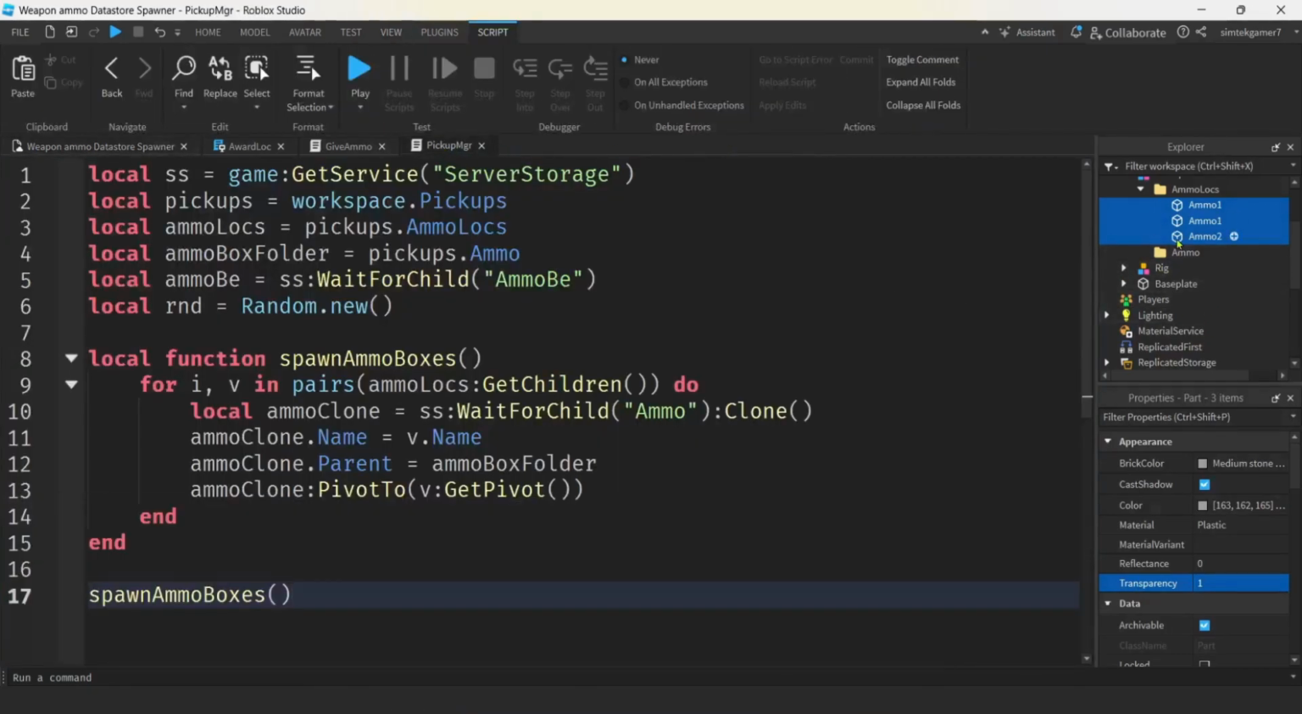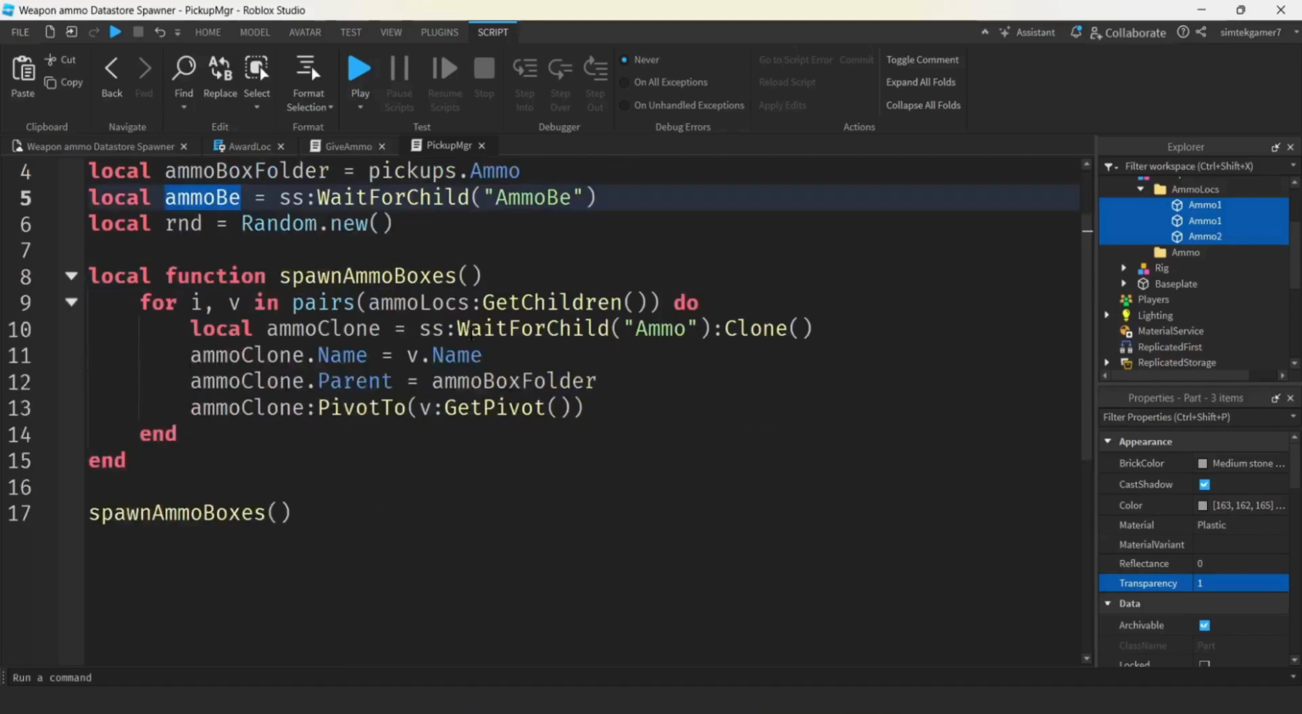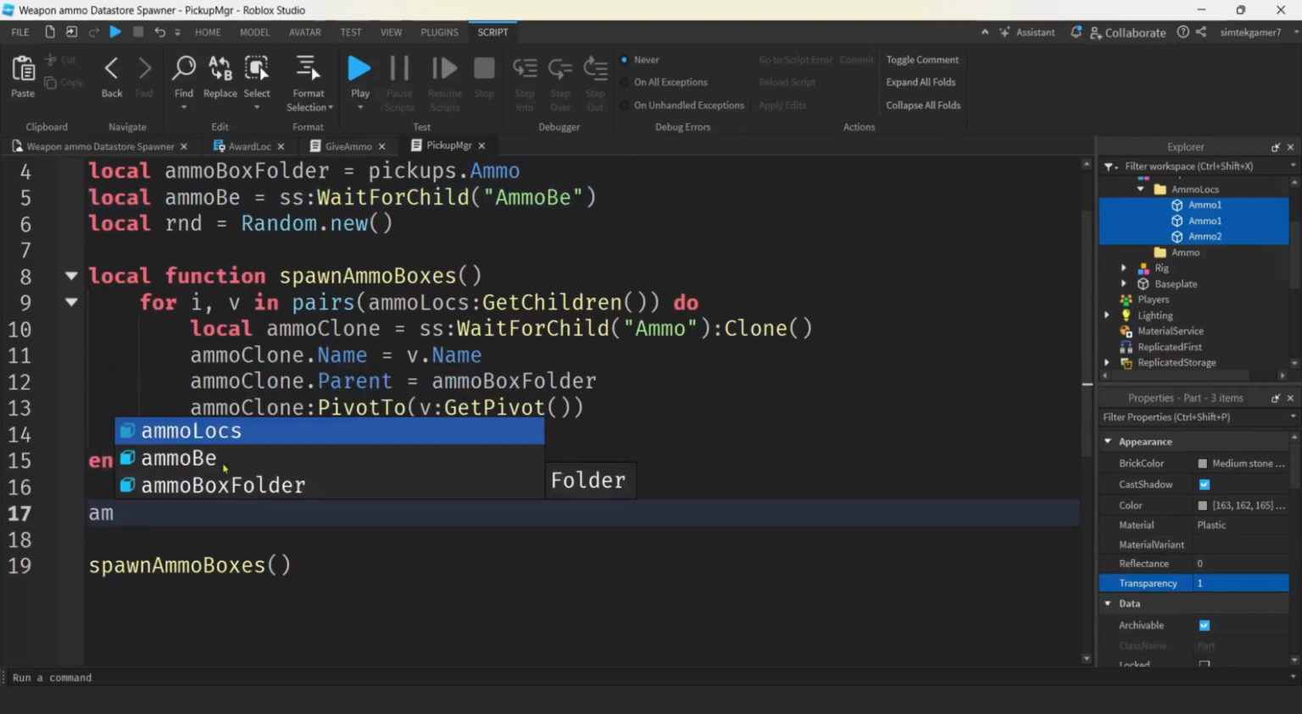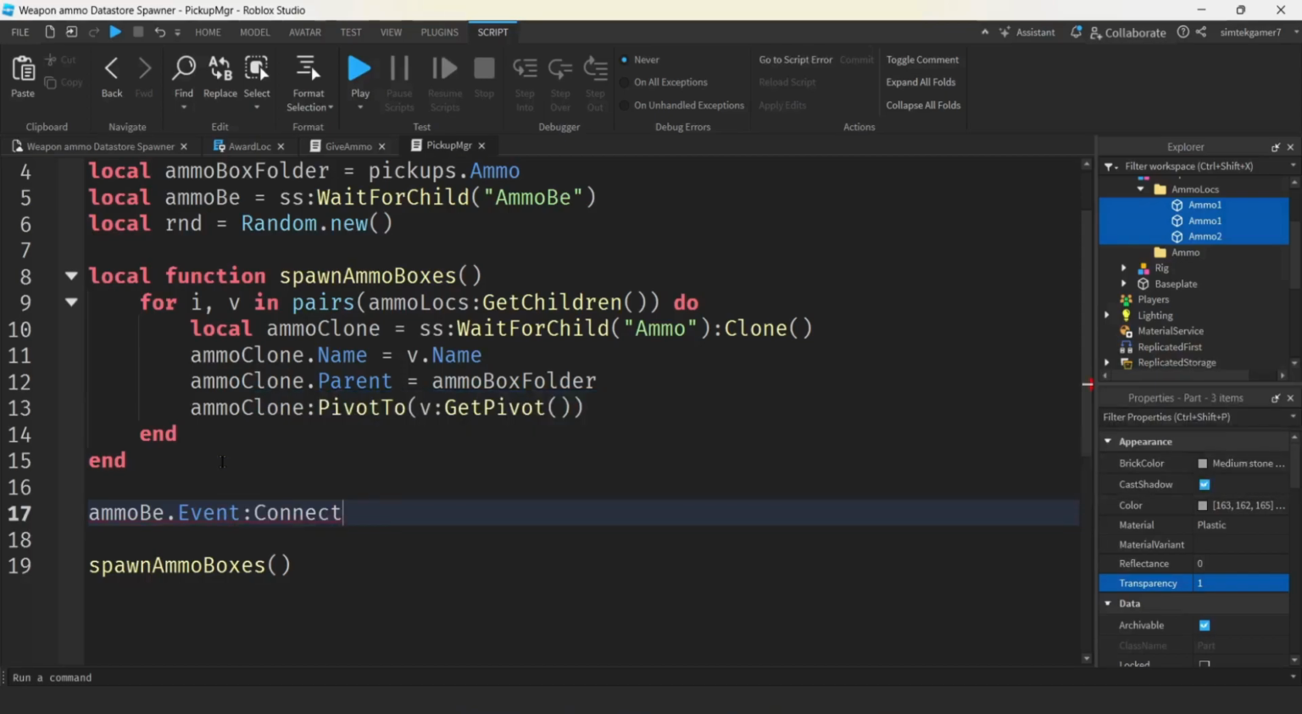All right, let's go back to our pickup manager. And if you lost it, it's in server script service. When somebody hits an ammo box, the ammo BE fires from that box, sending the name of the ammo box, which is the same as the ammo location. So we'll go ammo BE, and that's an event. Right, it fires on the ammo box side,